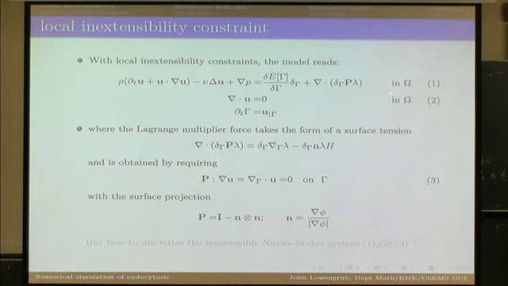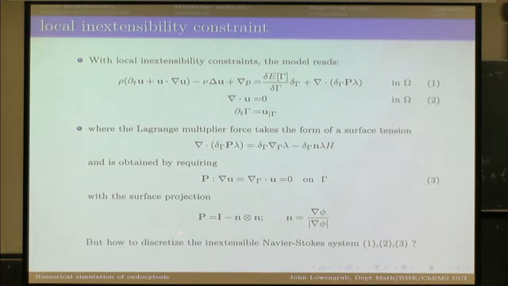If you work out what that is, so this again, delta gamma, I forgot to say in the previous slide, that's a surface delta function. You can take the divergence of this, and this just looks like a typical Marangoni force. But the key is to determine lambda, and lambda now is determined again by this constraint. P is this tangential projection operator, and so the constraint is just again that the surface divergence of velocity is 0 on the interface. So this is a sharp interface formulation,